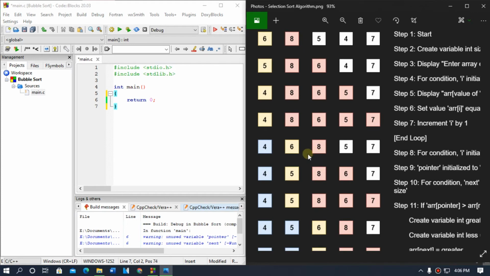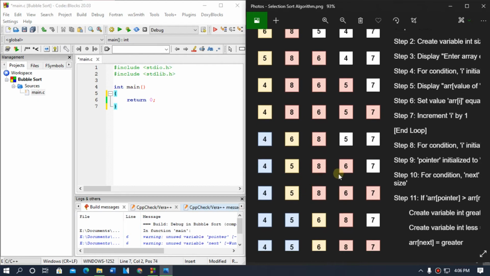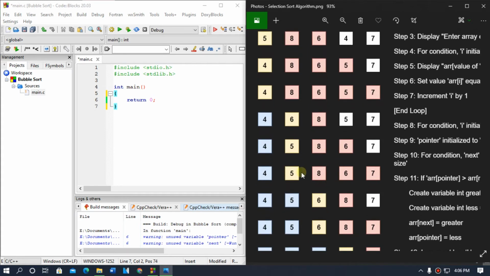So it will compare the next element. 6 is greater than 5. It was true. So in this line, 5 and 6 were swapped. Then it will compare the next element again. 5 is greater than 7. It was false. So in this line, 5 and 7 didn't swap,